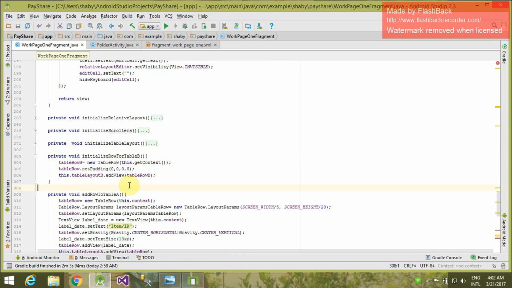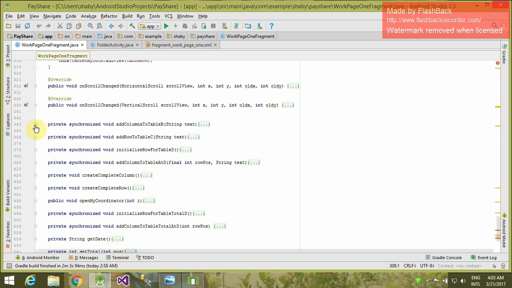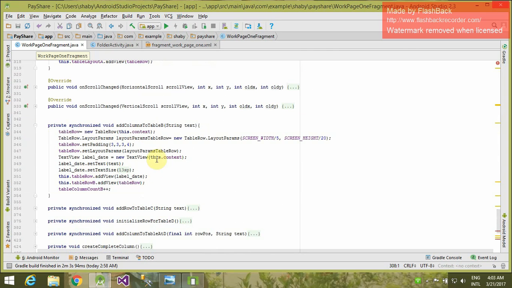This is a method which will add the table row inside table B. And how will we add the cells in table B? Let's look at the function add columns to table B. This function will add the table row inside the table row of table B.